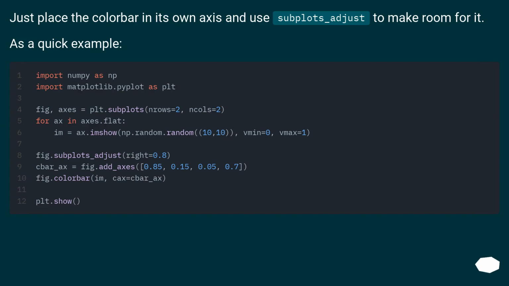Just place the colorbar in its own axis and use subplots_adjust to make room for it. As a quick example,